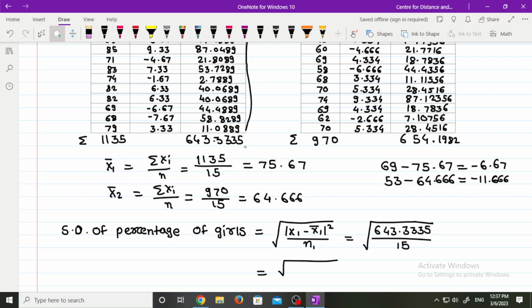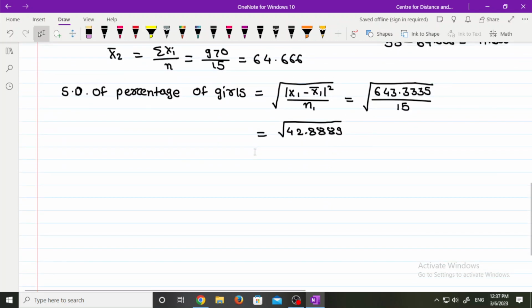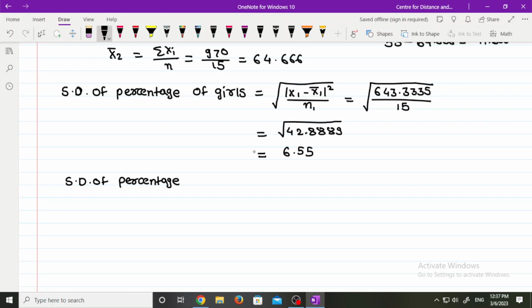the square root of 42.8889, and the square root of 42.889 is 6.55. Then similarly we find out the standard deviation of percentage of boys, which is equal to